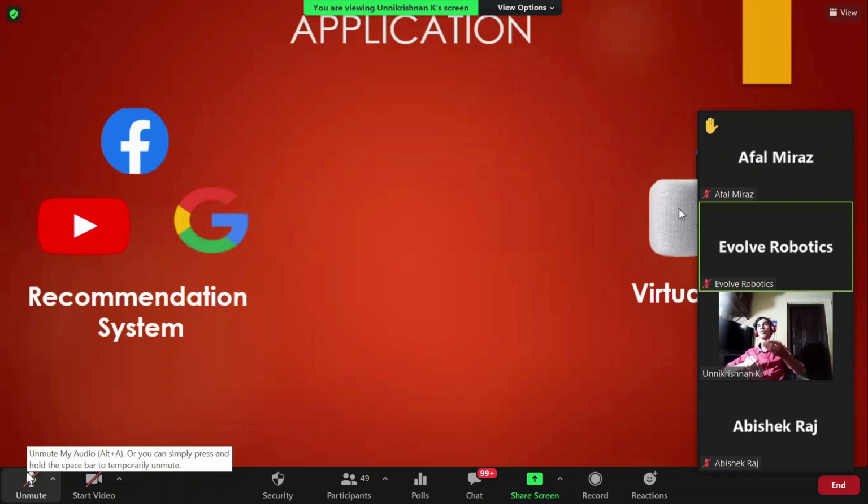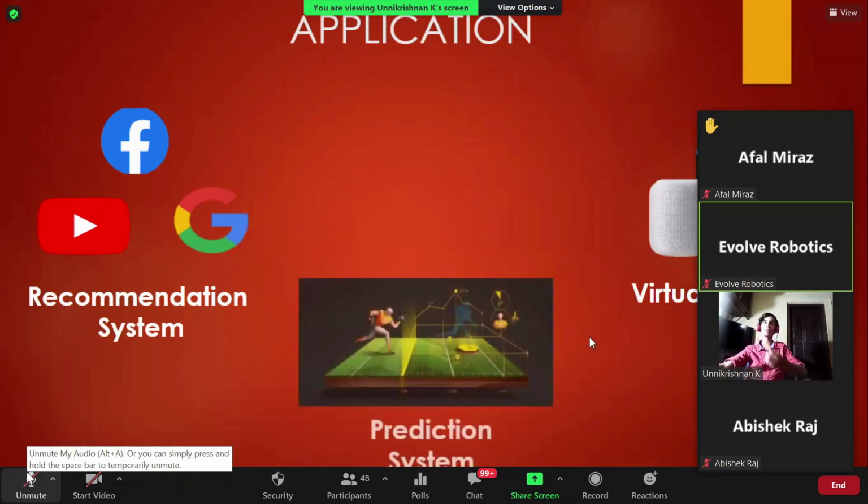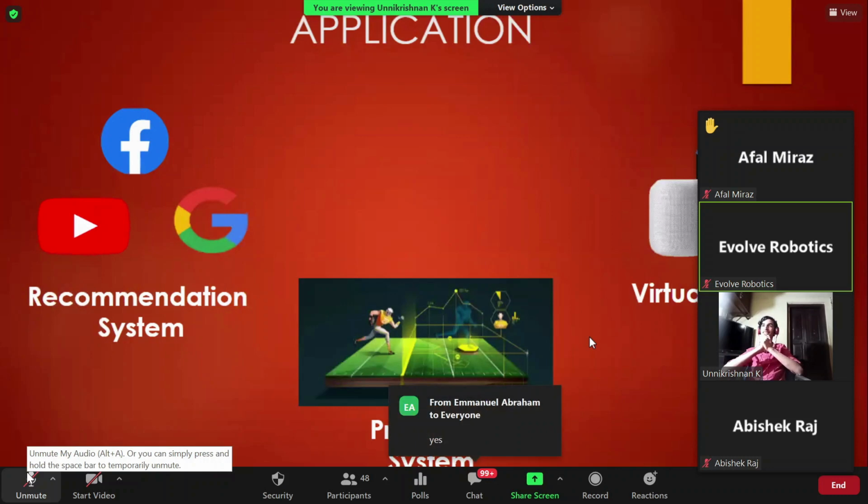Then when they improve, even I can benefit from these improvements. Then another important application comes in sports and other prediction systems. Does everyone here watch any sports like football, cricket, or anything like that? Yeah, football match. So you might have noticed that before the beginning of the match, we can see a lot of data